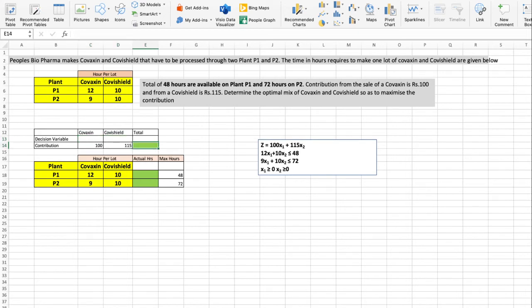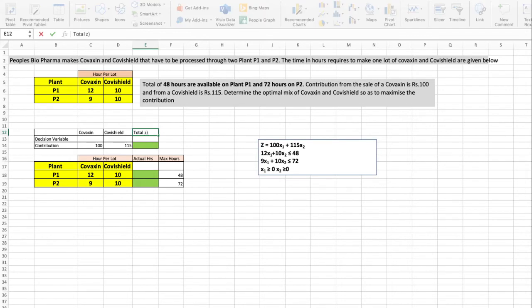We have to find out the decision variable so that we will get the maximization or optimal production units. So you can do it very simply. You can see this Z is the total amount.